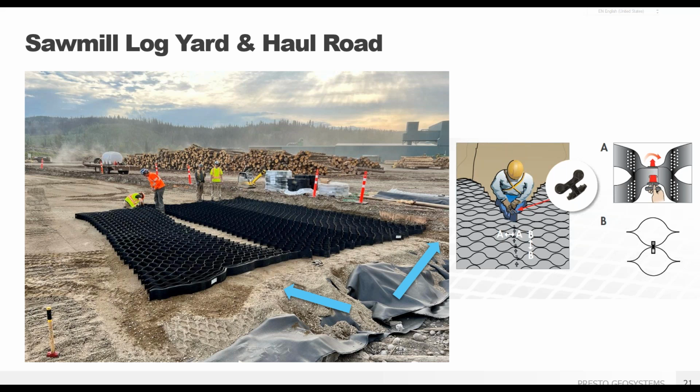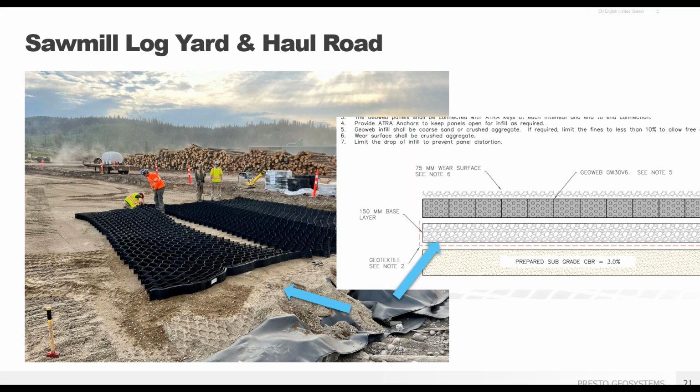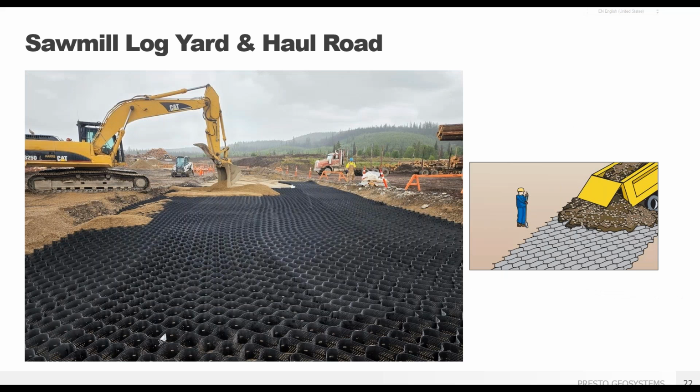A 6-inch or 15-centimeter GeoWeb load support system with high-strength woven geotextiles was installed, with infill designed to promote stormwater infiltration. Here we see the GeoWeb sections expanded, and the workers are just beginning to connect panels side to side with the AtraKey. This design included a permeable base layer with less than 10% fines for stormwater purposes. The GeoWeb system provides a strong reinforcement layer for the constant heavy loads that the mill infeed area sees daily.